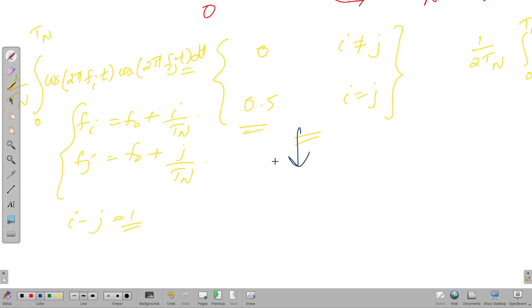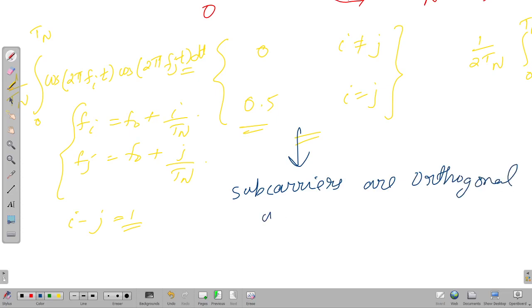And this result indicates that these subcarriers are orthogonal. They are orthogonal in the time interval 0 to Tn,